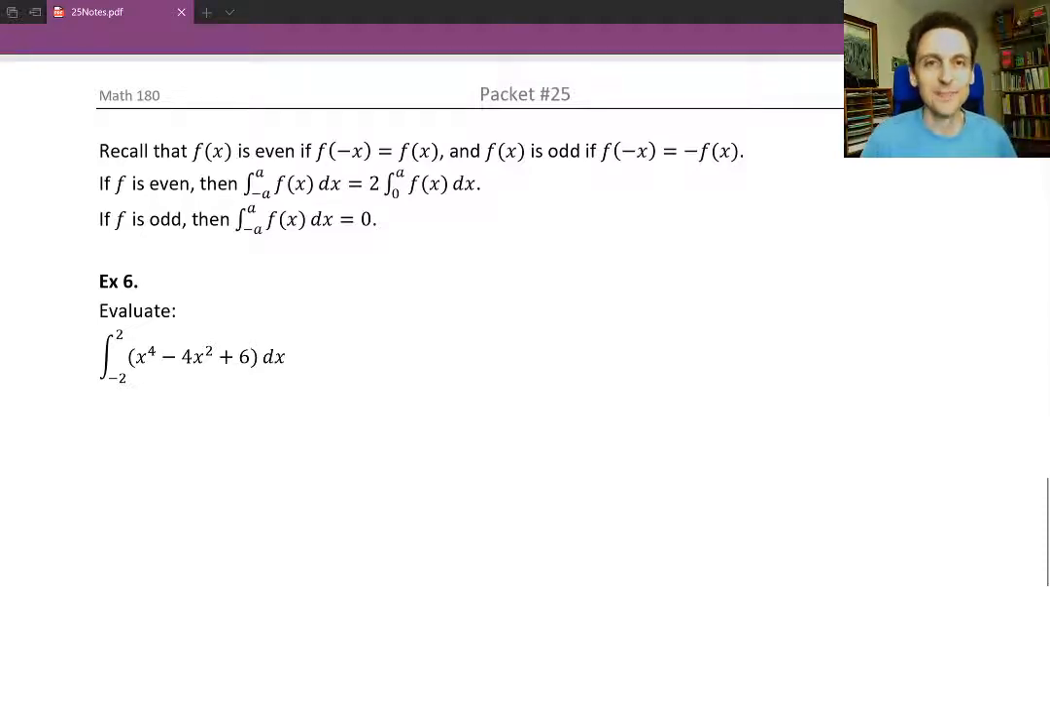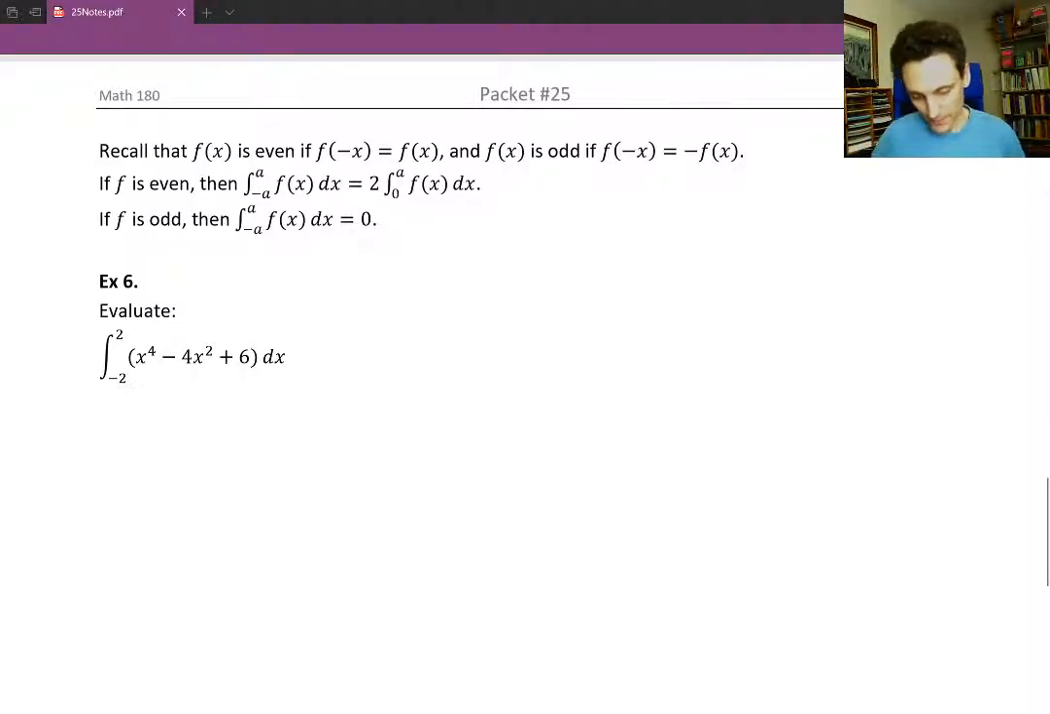Hello and welcome back. Before we leave this packet, I'd like to share two integration tricks with you. These tricks can sometimes make it easier or much easier to integrate. Now the tricks require that you have either an even function or an odd function, so let's review what those